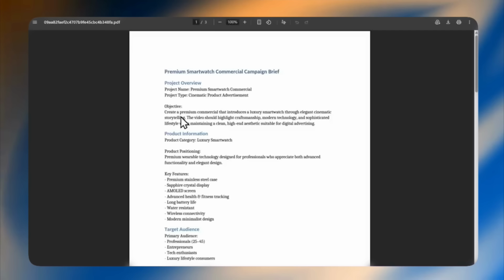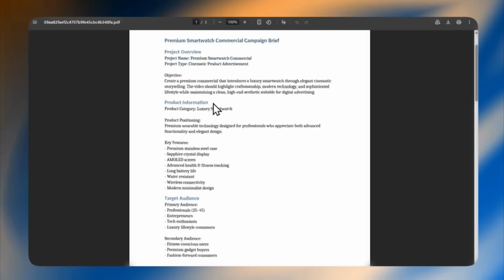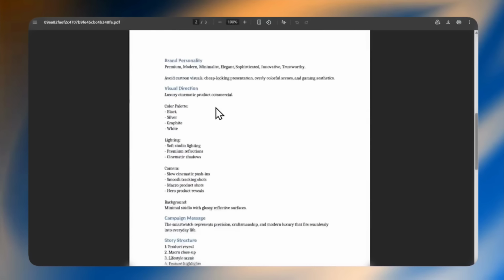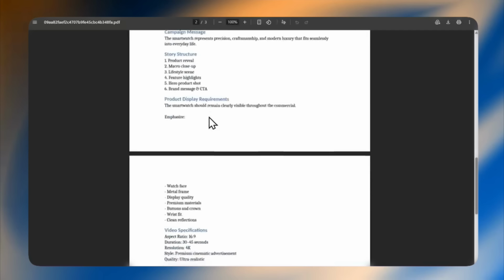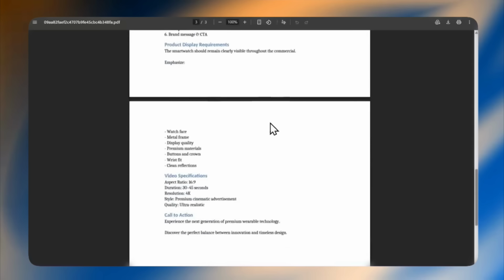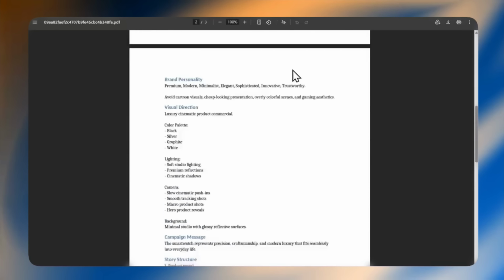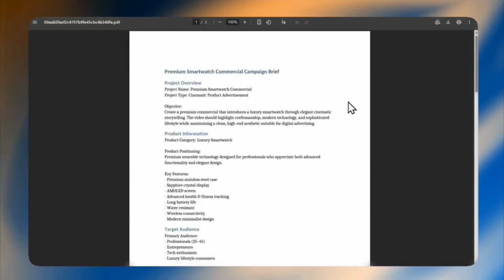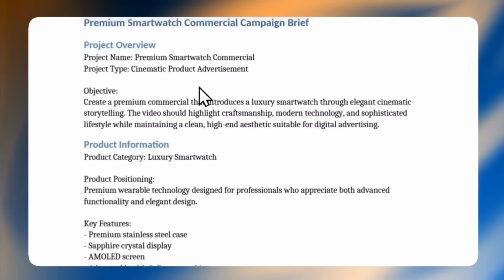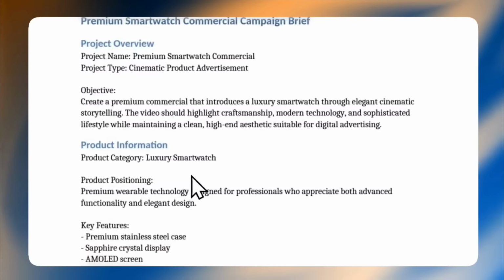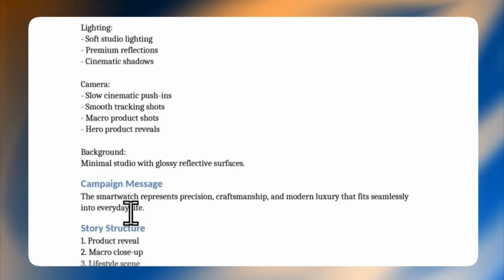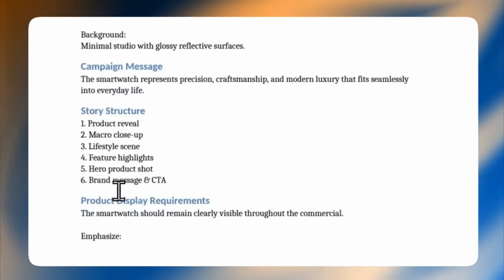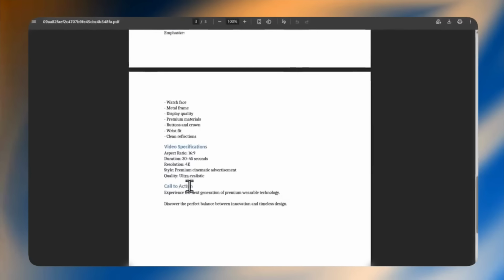This takes us to project documents, one of the features that immediately makes Flova feel different from a traditional AI generator. Instead of only describing visual style, I can upload or create a structured creative brief containing the complete project context. For this smartwatch campaign, I'll include the product's premium positioning, its key selling points, the target audience, the brand's clean and modern visual identity, the delivery platform, the call to action, and the product display requirements that need to